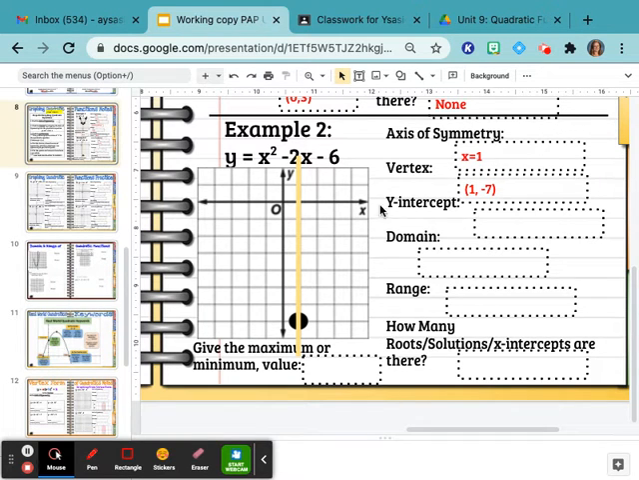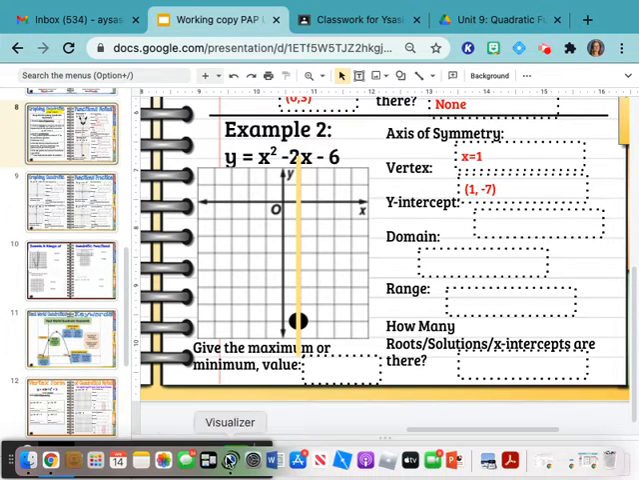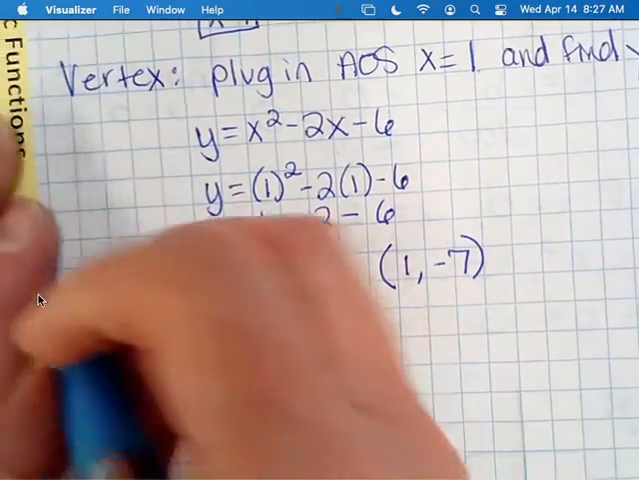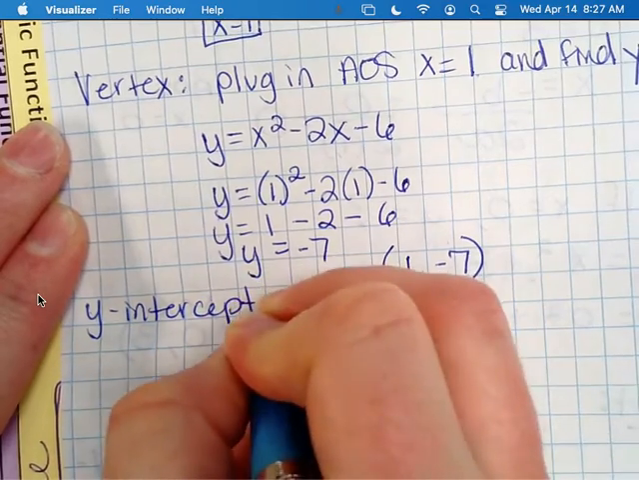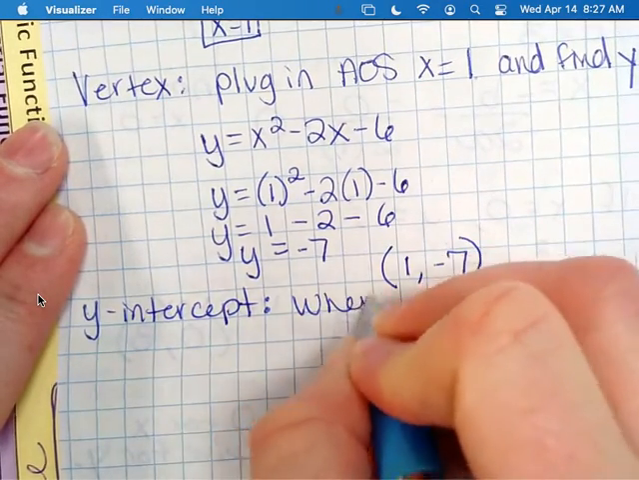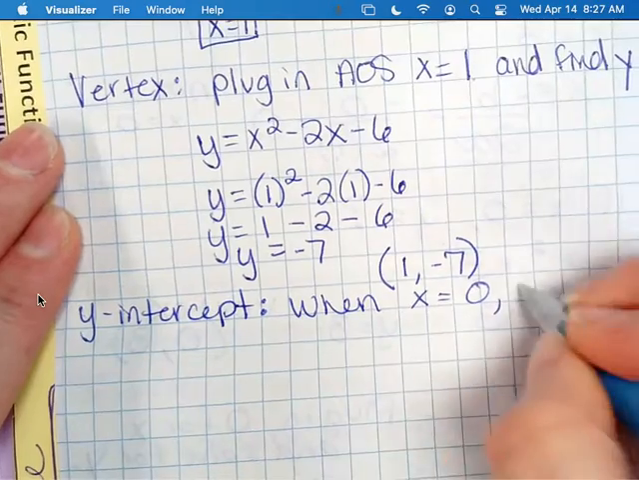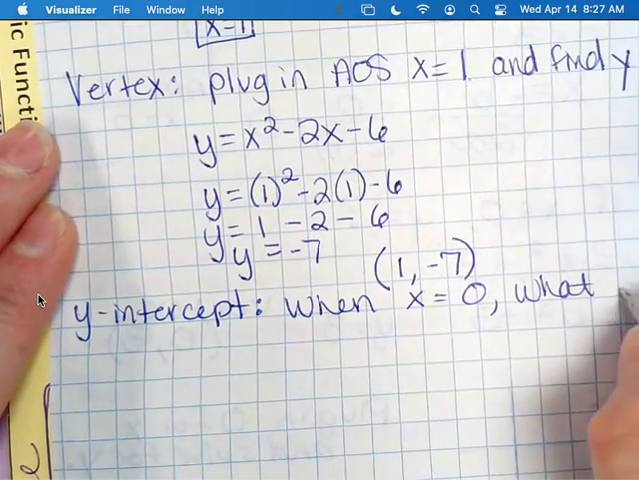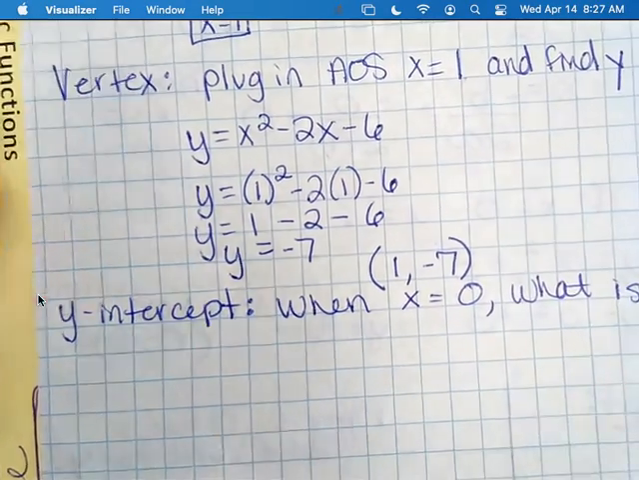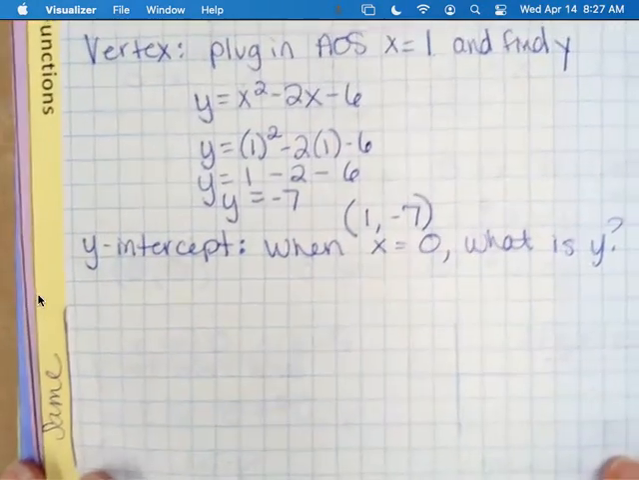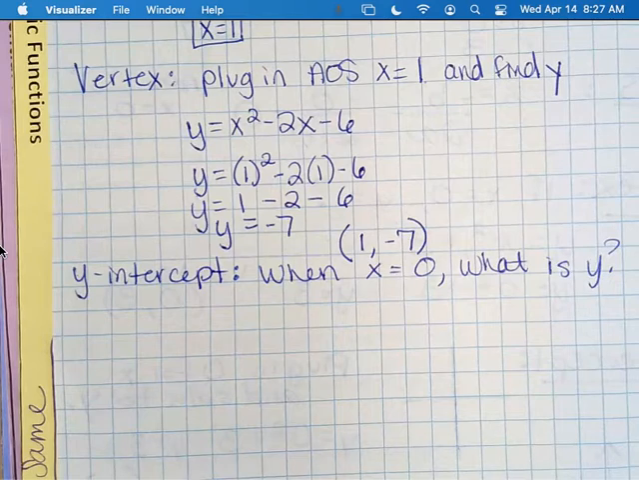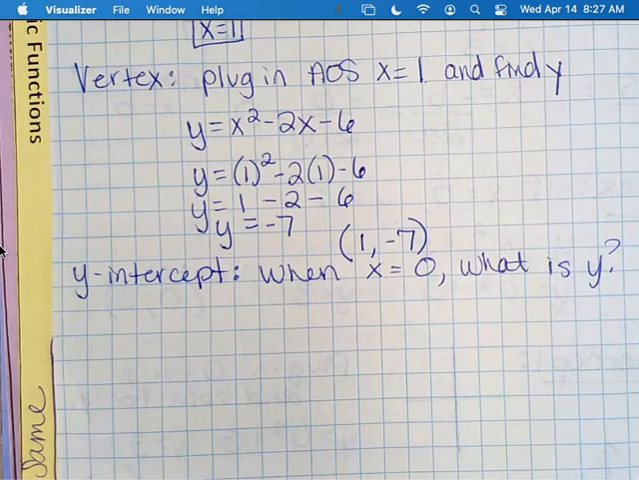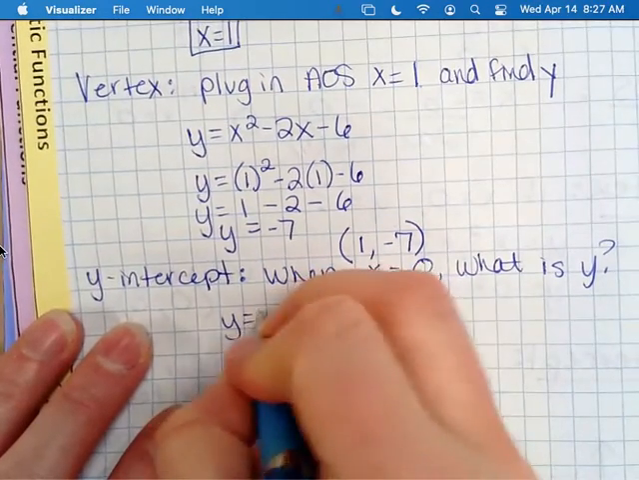Okay, the next thing we are asked to find is our Y-intercept. Y-intercept is when X equals 0, what is Y? Or find Y. So I would write my equation,